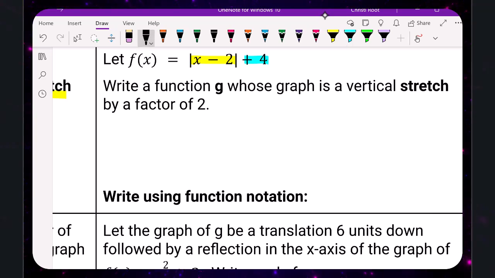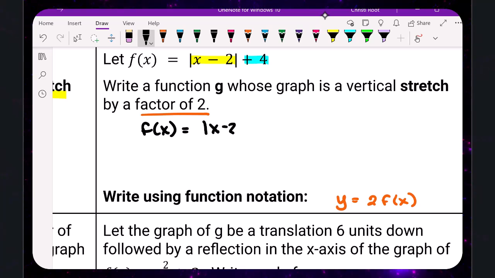So it's asking us to do the exact same thing again. It says vertical stretch by a factor of 2. Same notation, multiplying by 2. I'm going to go up here. I'm going to write down what I started with. And then underneath, I'm going to start manipulating it. Okay. It wants me to stretch it by 2. That means I have to multiply the whole function